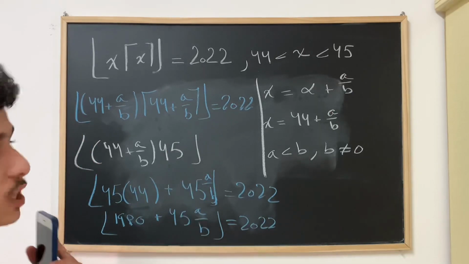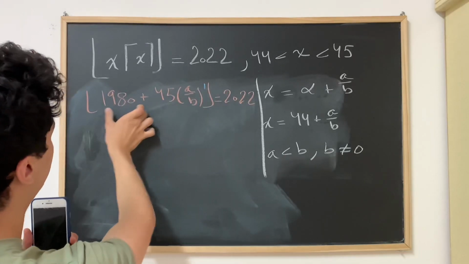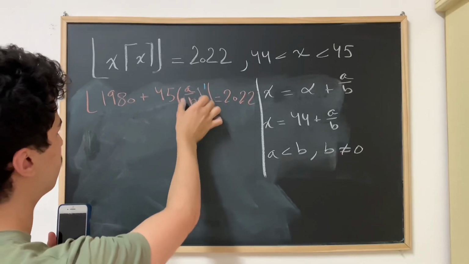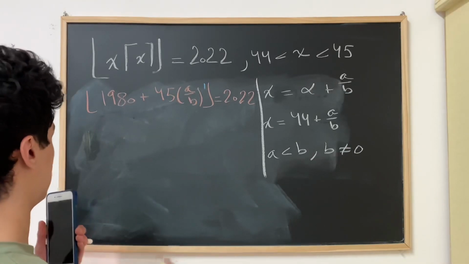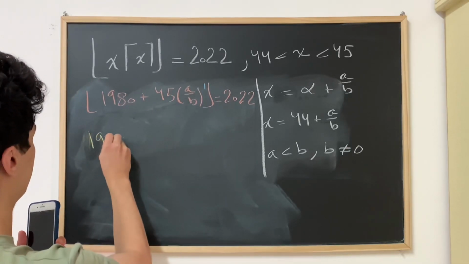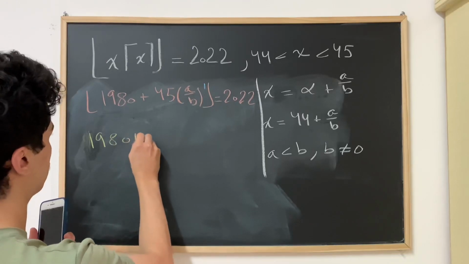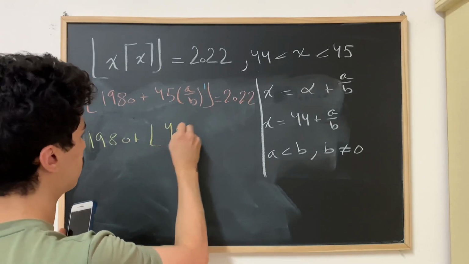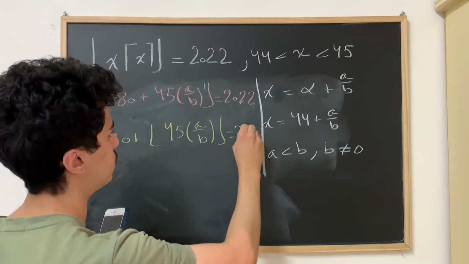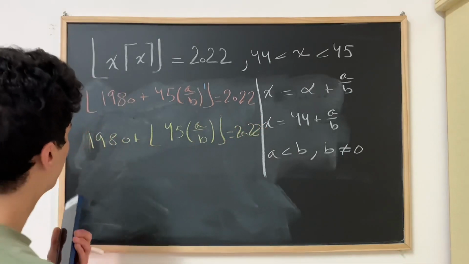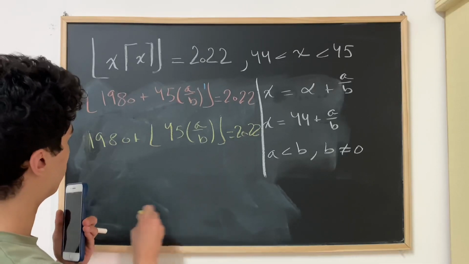Alright, I'll erase and rewrite. Here we have 1980 plus 45 times some fraction. 1980 is an integer, so we can take it out without changing it, meaning 1980 plus the floor of 45 times a over b is equal to 2022. We can subtract 1980 on both sides,